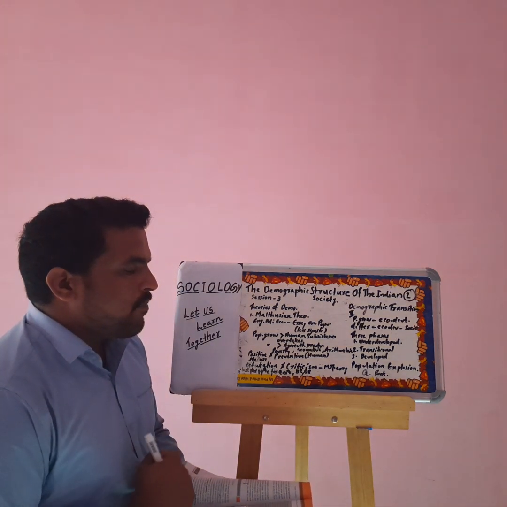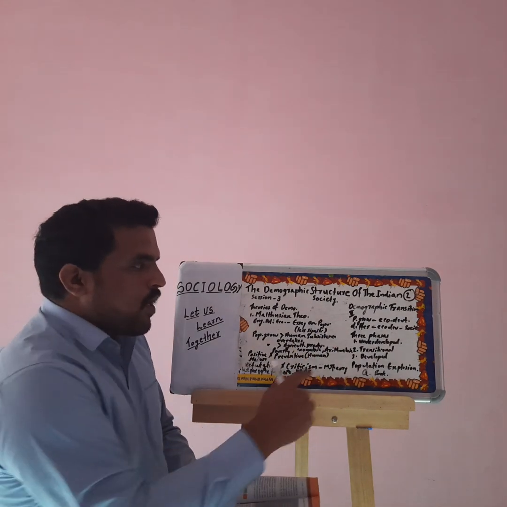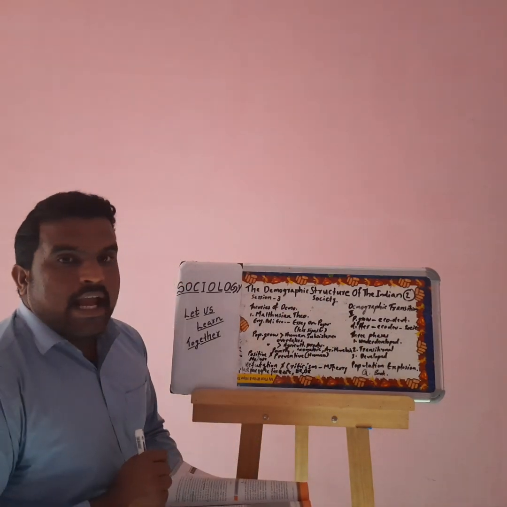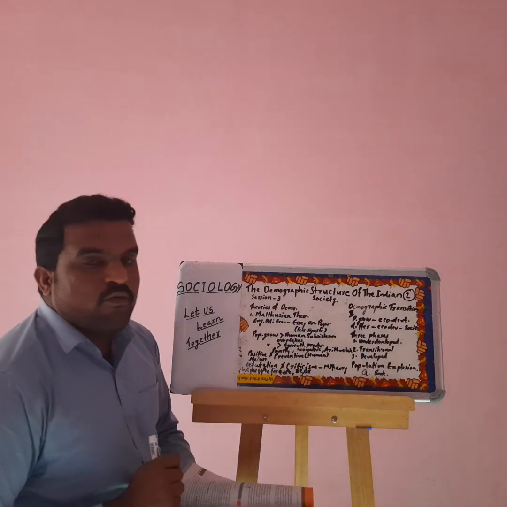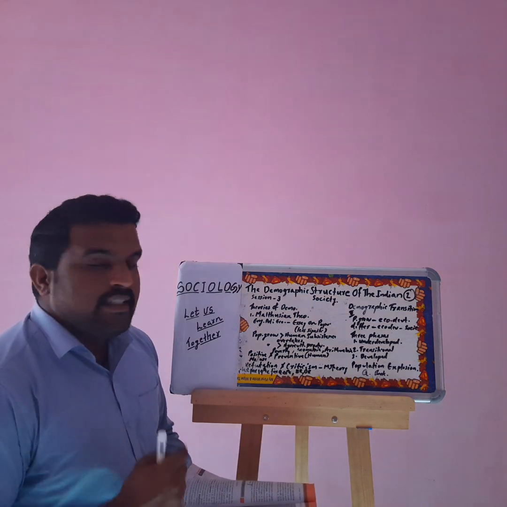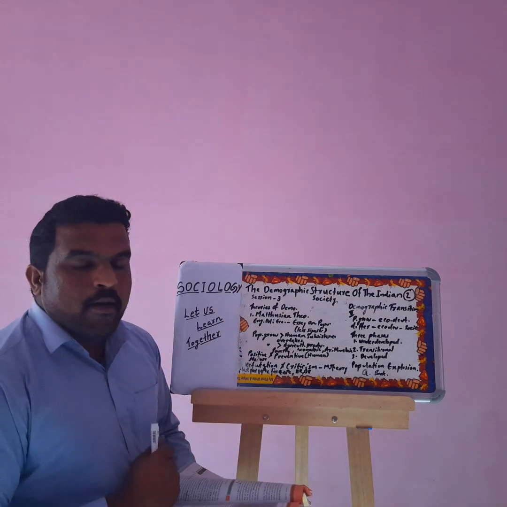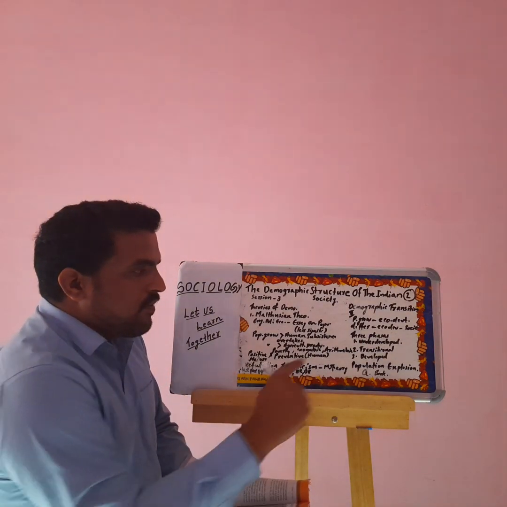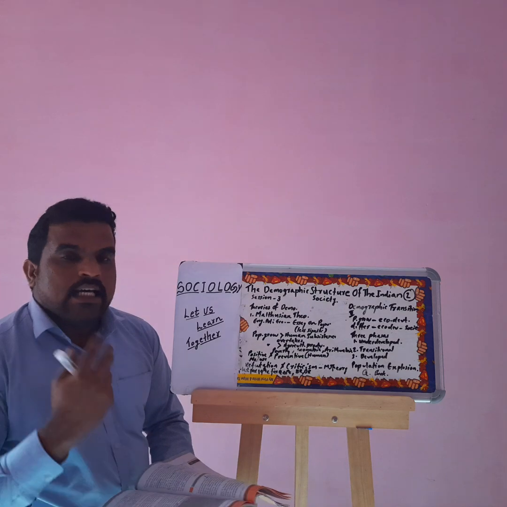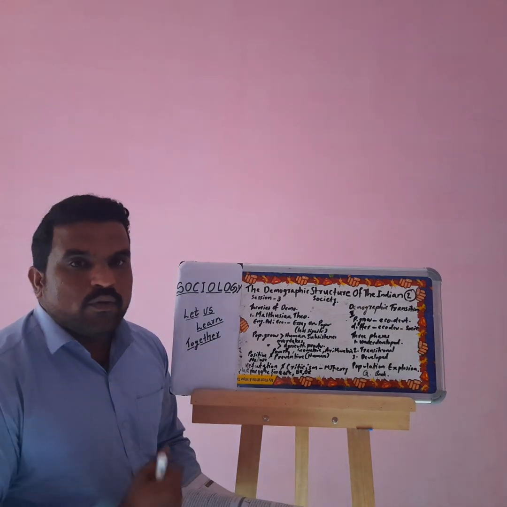The second point is that when we look at the world, we can see there are societies showing differences with regard to economic development. This is the second point about this theory. The third point is brought forth by means of three phases in the economic development of a society. There are three phases that every society undergoes with regard to development.